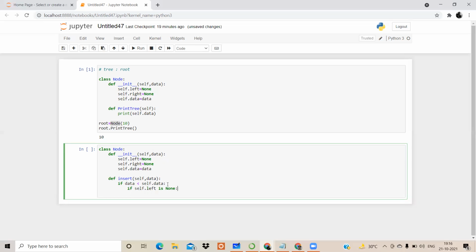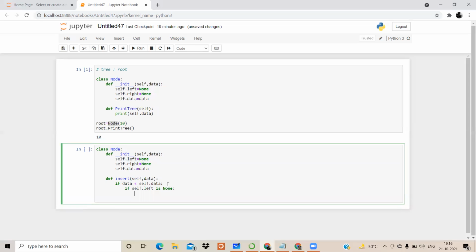If this condition is true, that means if nothing is present towards the left of that root, then what will happen? self.left will become this new data element that is being added, and it will become a node now.